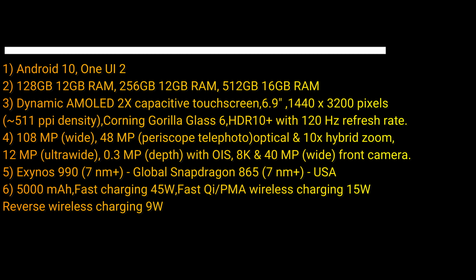It has a 6.9-inch dynamic AMOLED 511 ppi display. It has Corning Gorilla Glass 6 along with HDR10 Plus and 120Hz refresh rate. Samsung is one of the companies producing more than 100 megapixel cameras in the world right now. It comes with a 108 megapixel wide angle lens, a 48 megapixel periscope telephoto lens which can take 10x optical and hybrid zoom, which is really great, a 12 megapixel ultra wide camera and 0.3 megapixel depth sensor with OIS,